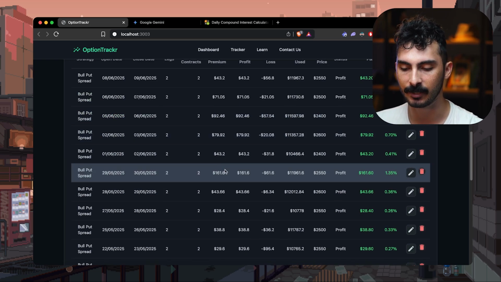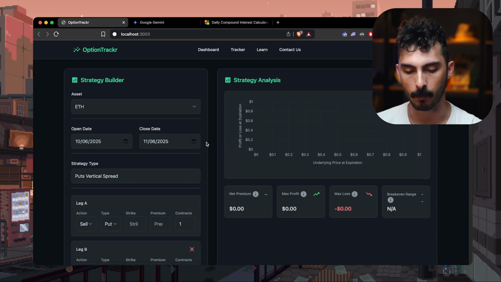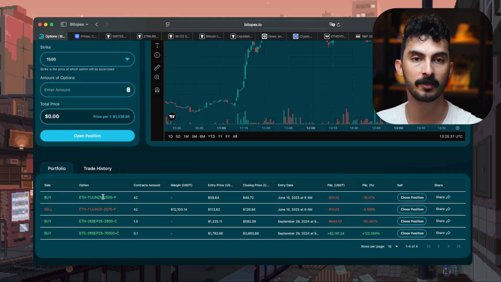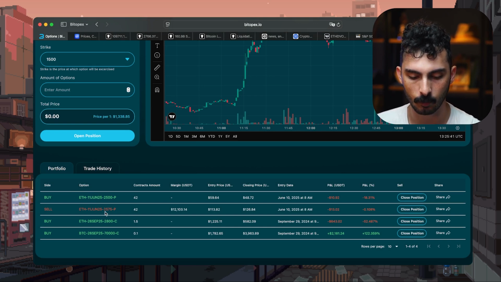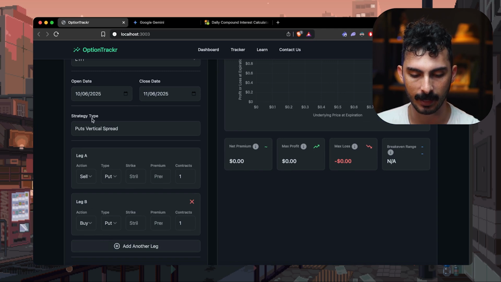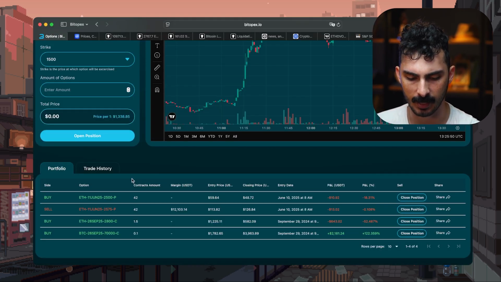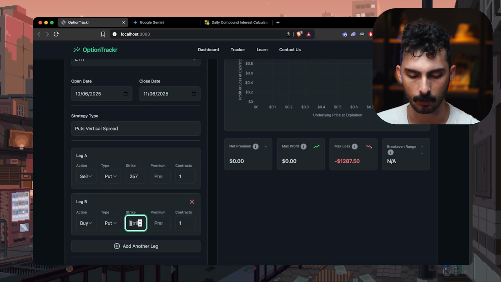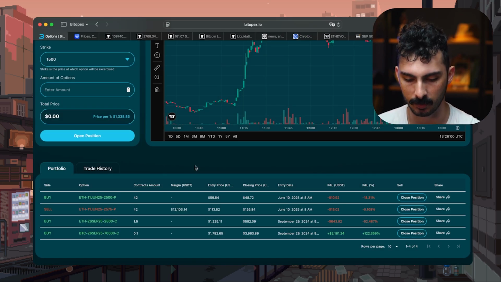But you can see here, I can track all of that and let's actually do together what I would do personally for my strategy. So I'm going to put all this data right here into my tracker. So for example, I sold the 2575. So we'll go right here. I already added the leg. It already showed that it is a spread. I'm going to go 2575. I think that's what I put. Yeah. And then here the 2500, and you can see it starts filling the things, but we need all the information for it to be right.